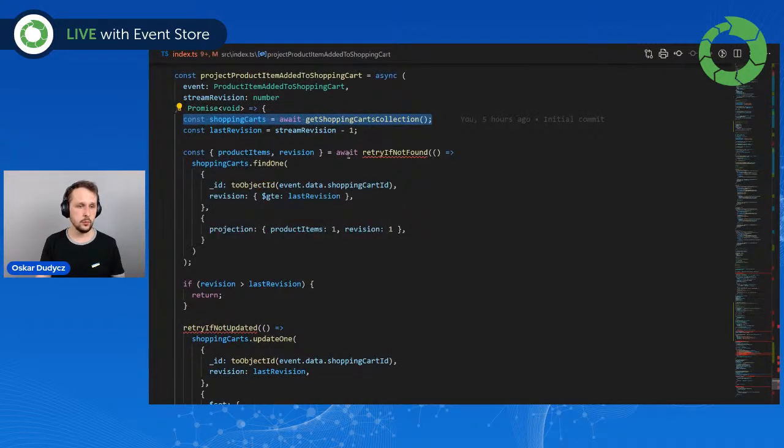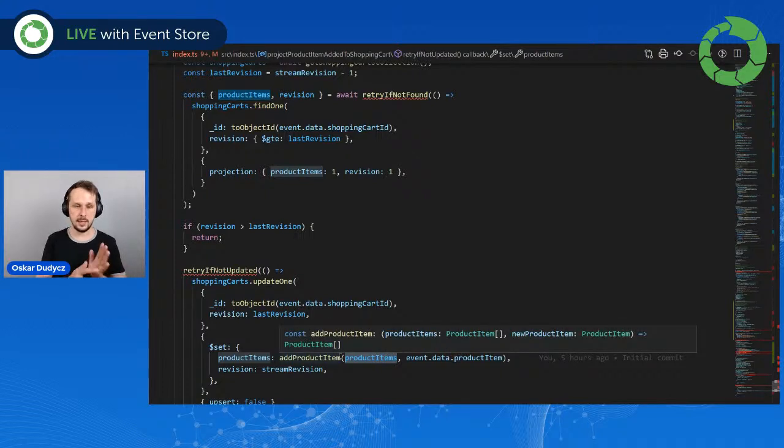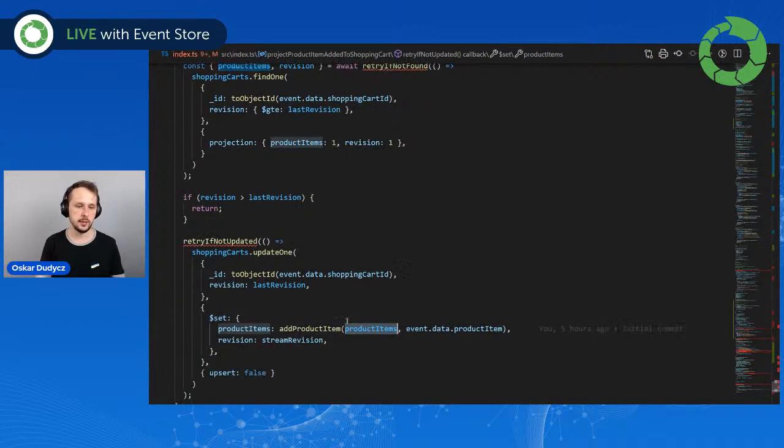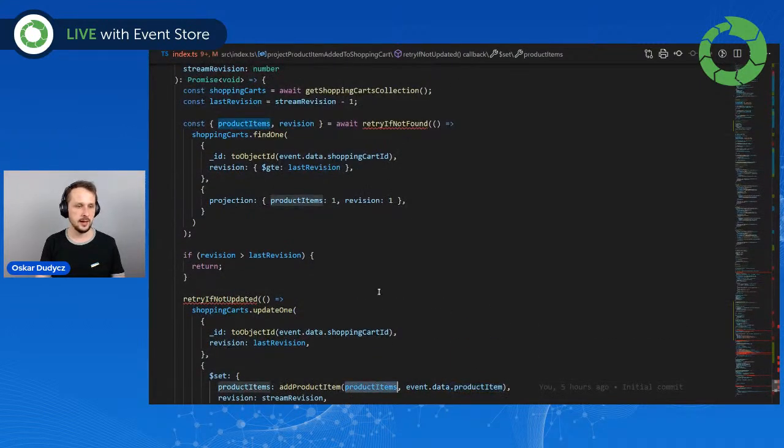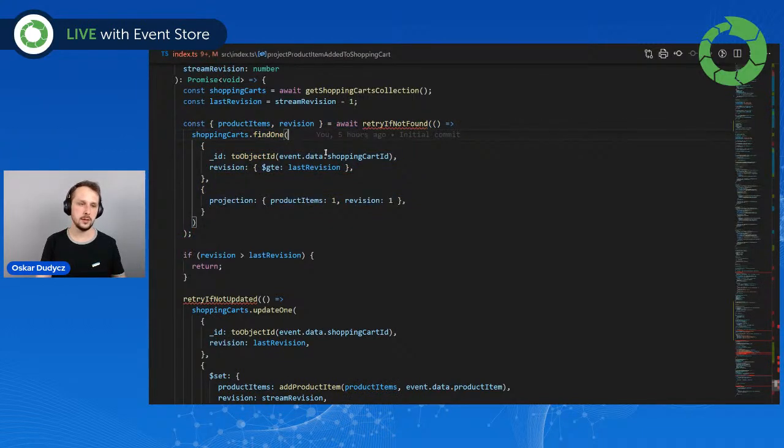And after that, we have to get the current product items to again do this merging of the product items when we are appending a new product item, so we need to have the current product item state. And to be sure that we are getting the document with the expected version, we need to provide filtering. So we are saying that we would like to get a shopping cart with the following ID and on a specific revision, because